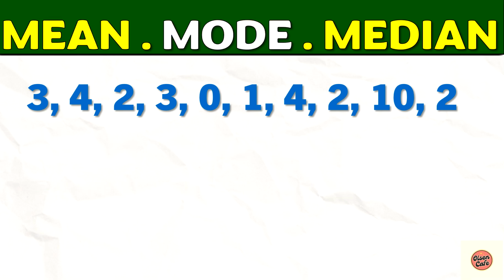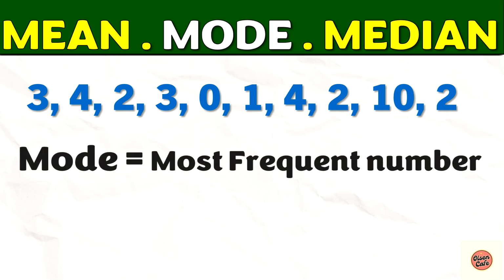Next, let's take a look at mode. This is easy, but yet a lot of students often give the wrong value. Now, by definition, mode simply means the most frequent number, which means mode is the number that appears most of the time. In this case, if I take a look at all these 10 numbers, I will